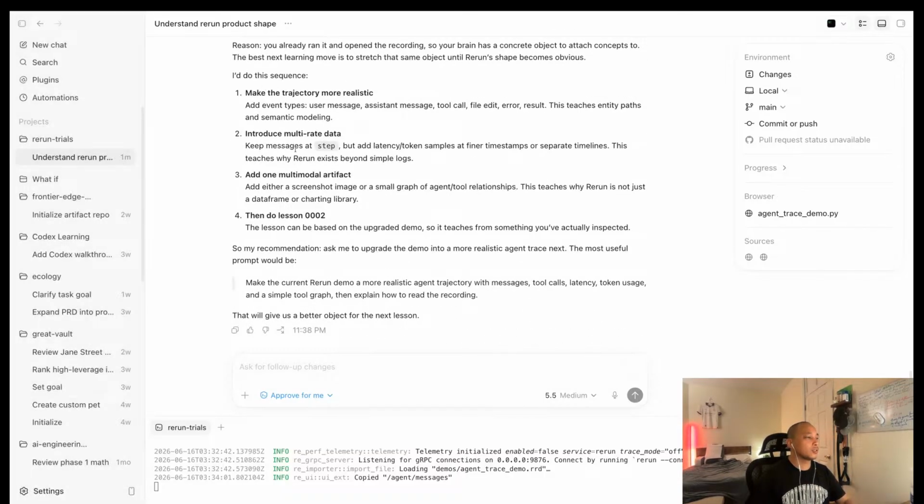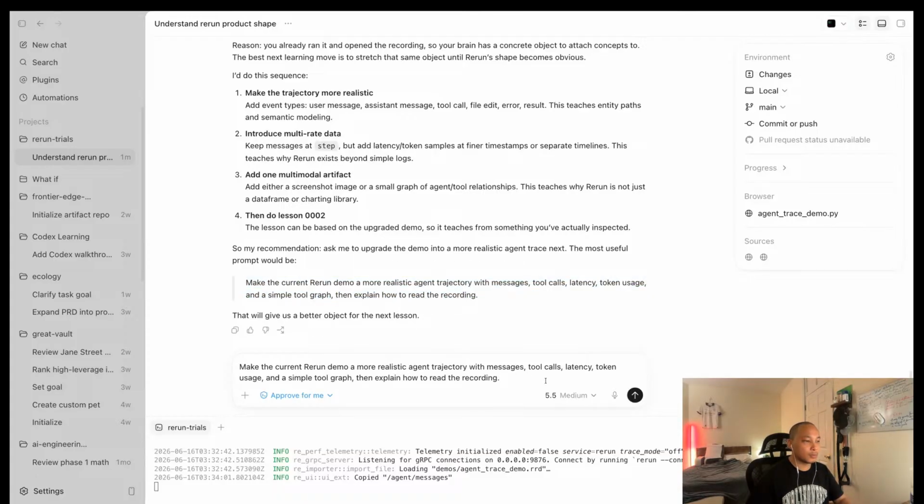Okay, so introduce multi-rate data, give messages but add latency token samples. My recommendation is to ask me to upgrade the demo. Okay, sure. Make the current demo more realistic with messages and then explain how to read the recording.